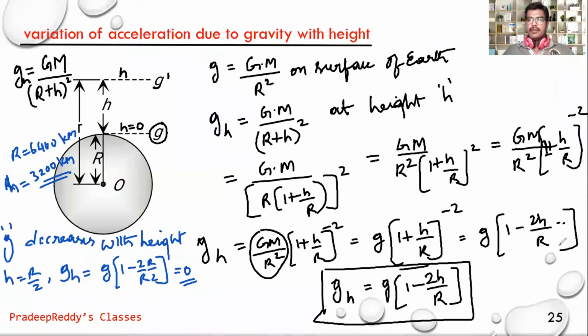So finally the conclusion is acceleration due to gravity decreases with respect to height. As we go to higher altitudes, its value decreases, and finally at a certain position it will become 0. Beyond that, if you are moving still away from the surface of the earth, you will be pulled by another planet. Therefore you will be directed towards that object's gravitational force, and you will be calculating acceleration due to gravity due to that planet but not due to earth.